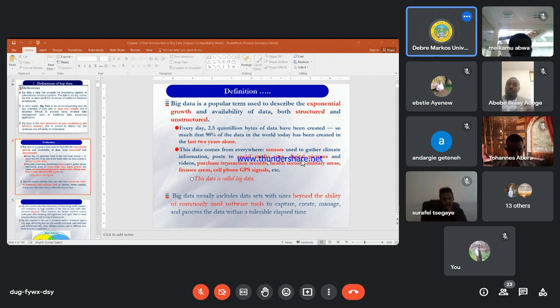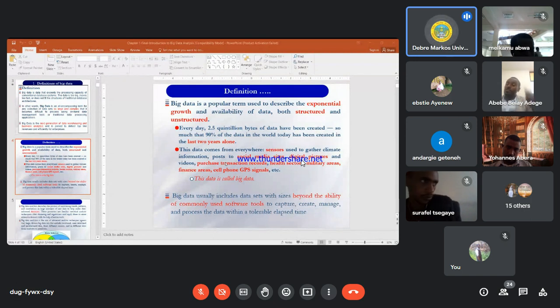So you see the problem: integrating those data sets from sensors, from social media, from digital pictures, from different digital media is very difficult because they have different natures. Integrating those different data sets is very difficult in machine learning.